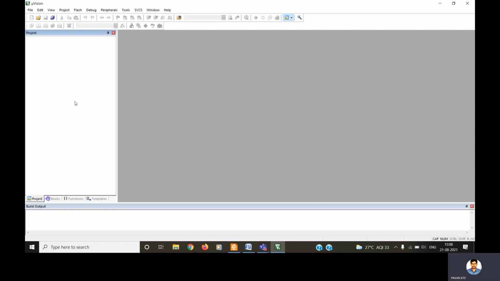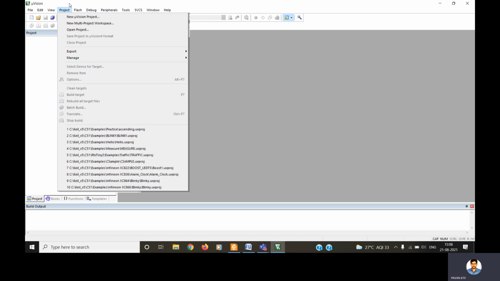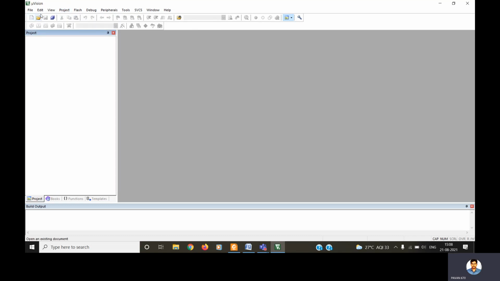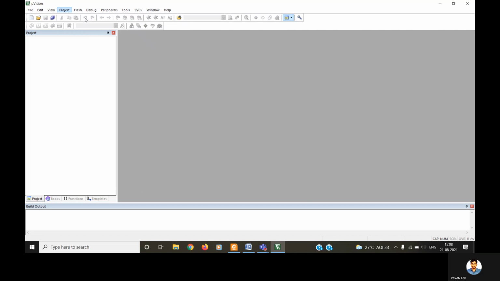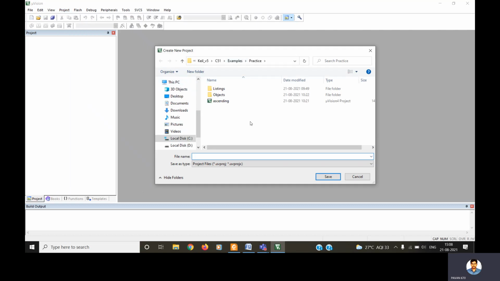First of all, we will see how to create a project in Keil MicroVision. So going to the project here, this is the environment, and here I am going to Project. In this menu, we will use a New MicroVision Project. By selecting this, you will get a window like this. This is some default path which is showing in my system. Based on the folder in which we have installed this tool, the path will be shown by default here.